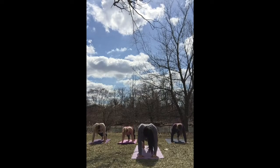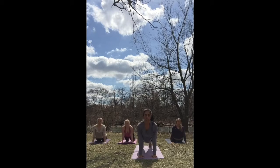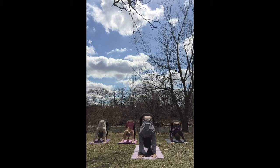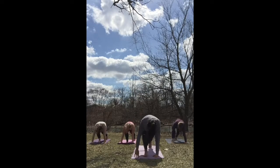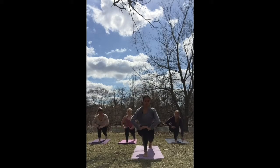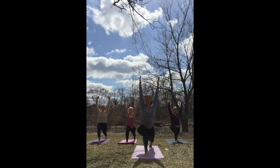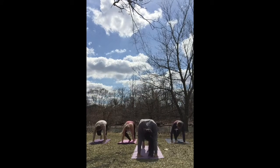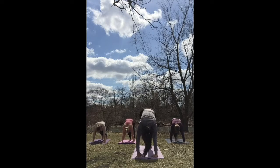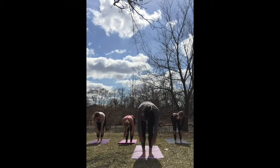Back to high plank, chaturanga. Inhale, up to cobra. Feel that extension and come back into downward dog. The right leg comes up again, runner's lunge, and then the arms follow as we bring them up. Now let's come back into our plank, bring the right leg back, and then let's walk the legs back up to the hands. Inhale, halfway lift,